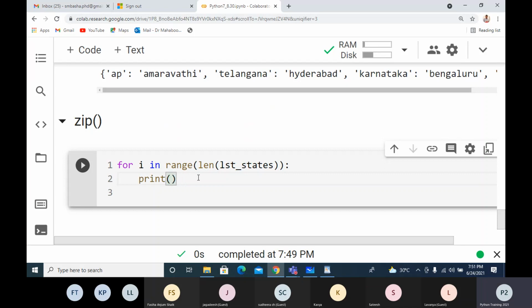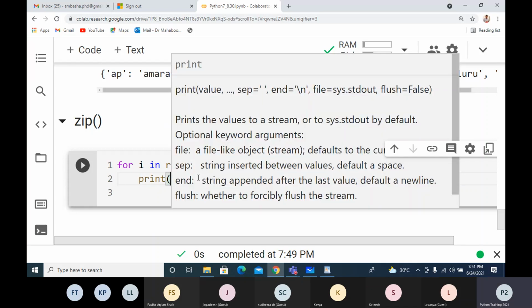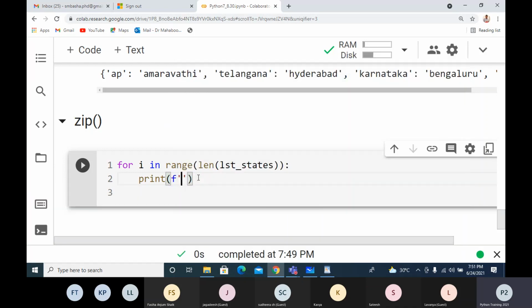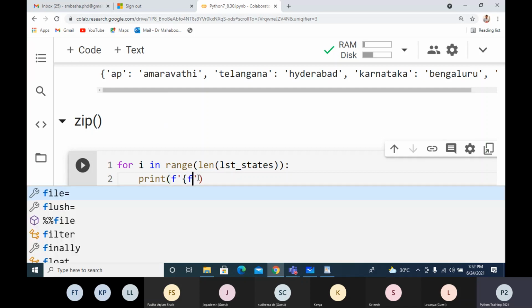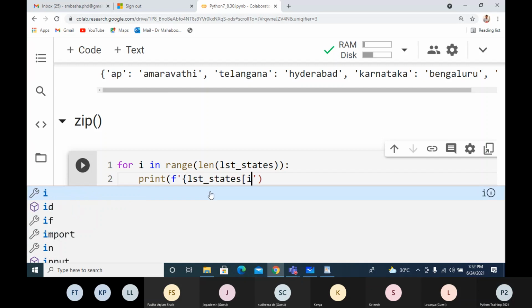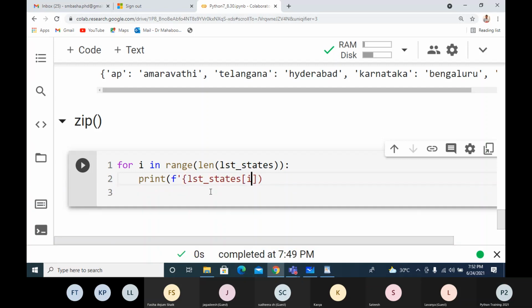I'll use one format here, the print format. If I start with the F print format, I can use it here. If I keep something within flower brackets, that will be taken as data. LST states I. So I'll close this.